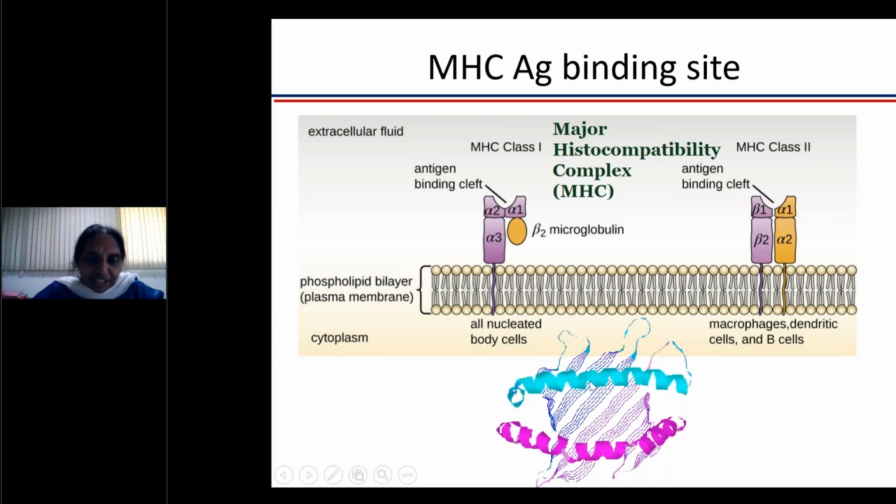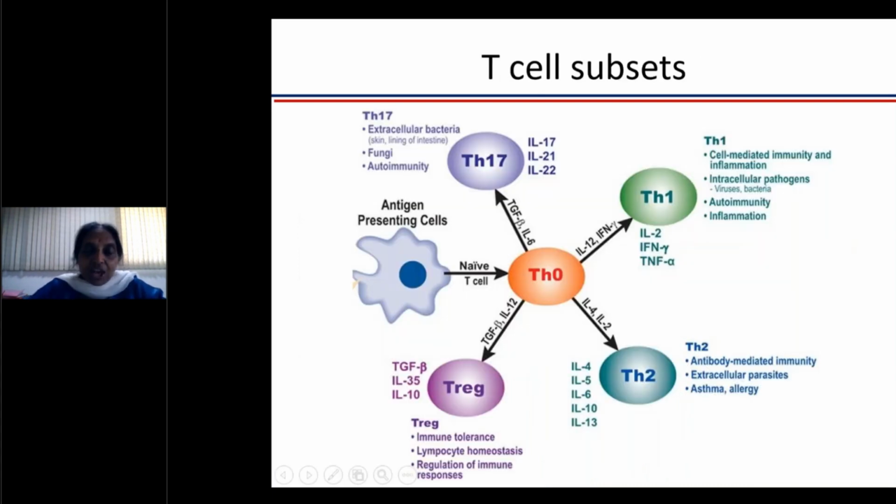Depending on what different types of HLA you have, like I may have HLA DR5. My DR5 may have certain amino acids here and certain amino acids here. So a different peptide may bind here, because protein-protein interactions are all charge-based interactions. So I might do a good response to some peptide while another person may have a good response to another peptide, because it has the best binding fit.